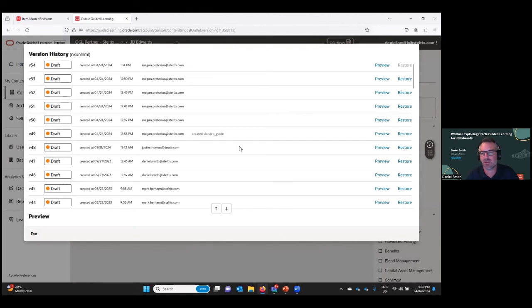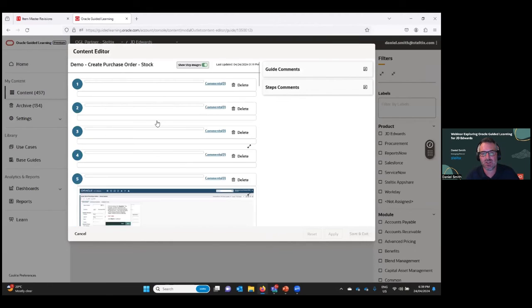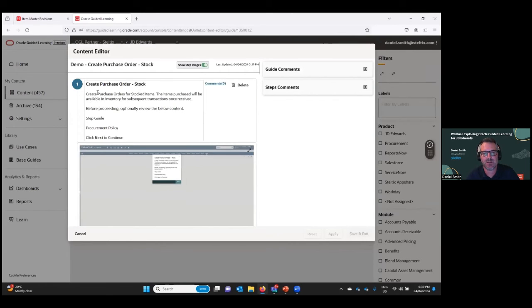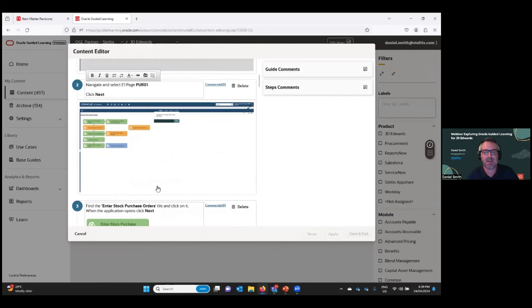This is a training guide that changes often. I can preview it and I can restore it. I can make edits to that particular guide very quickly. So I can jump into a content editor. I can control and replace en masse content. I can quickly jump in here, edit the content. I can replace the screenshots very quickly. And there is a recording tool or component that comes with the solution to help you record and take screenshots